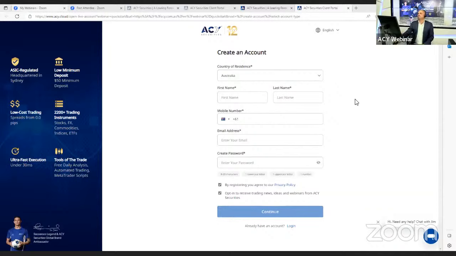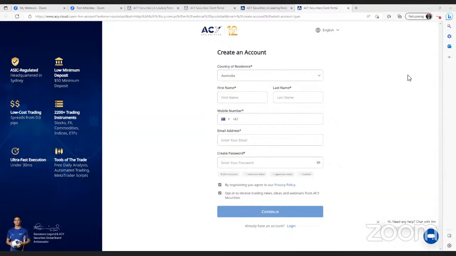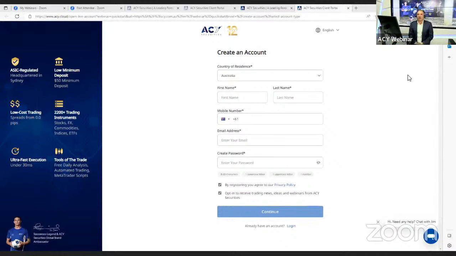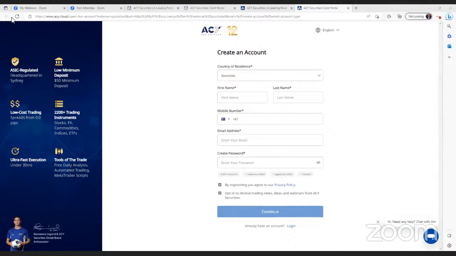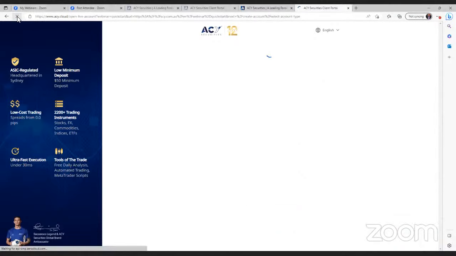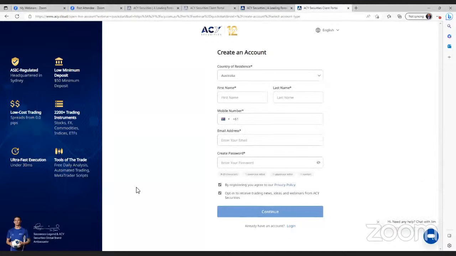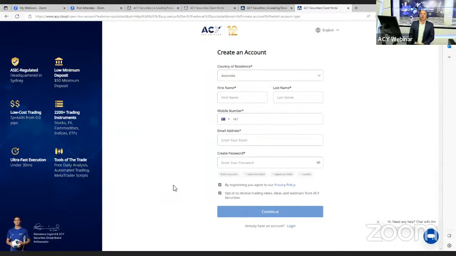What if they're not an account holder though at the moment and they want to ask some questions? They can still ask some questions. They can do that through that chat as well on our website. So you can come through the website. How do you get that chat? Where do you find that chat? So when you go to acy.com, have a look there. There will be a chat bubble on the main website. So you can click on that, and you can ask various questions, and it will come back to you automated 24/7. Sorry, 24/5. So 24 hours a day, 5 days a week.